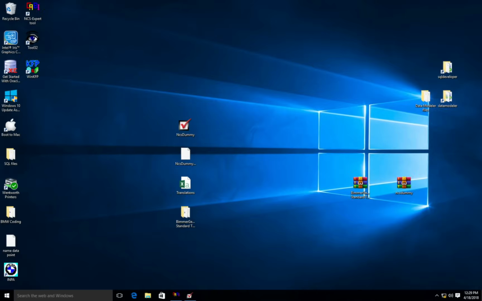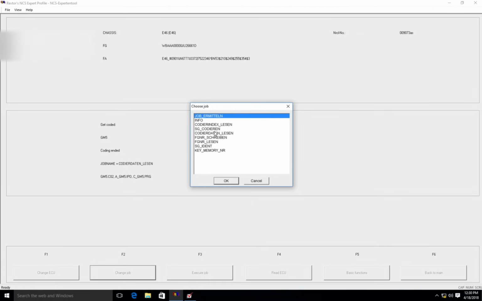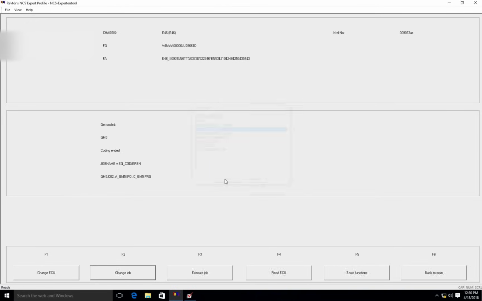The next thing you're going to want to do is open back up NCS Expert. You shouldn't have closed it, just go back to it. Then you're going to want to change job to SG_CODIEREN, which means write the code, using the k+dcan interface. Then you're going to click OK, then click execute job. It's going to say coding active, coding ended. You're all set. So now you can go back to the main,